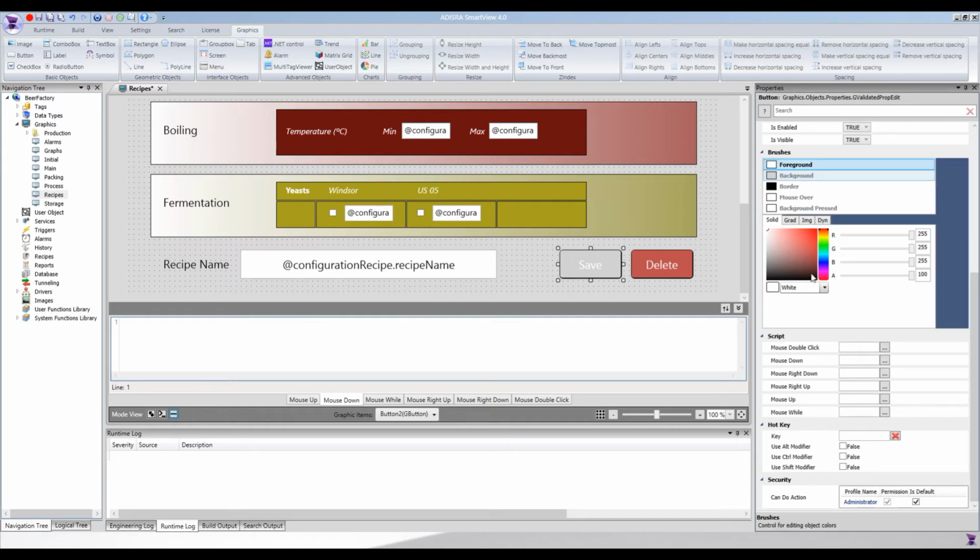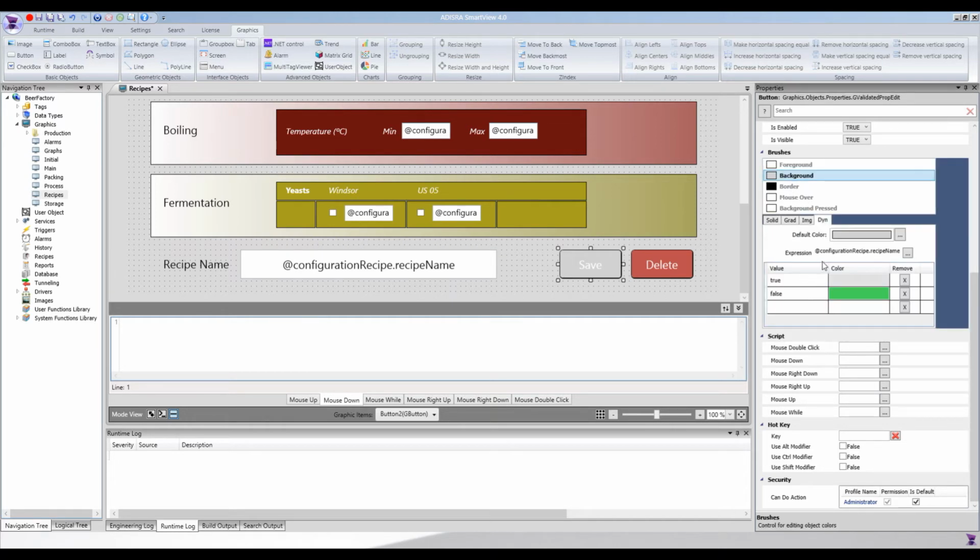It's already prepared, so we're gonna see that in case the configuration recipe dot recipe name equals empty, means that we didn't set yet the name of the recipe, so it's gonna be true, and I want to show the color gray. In case it's false, it means that it's not empty, so I want to put the background as